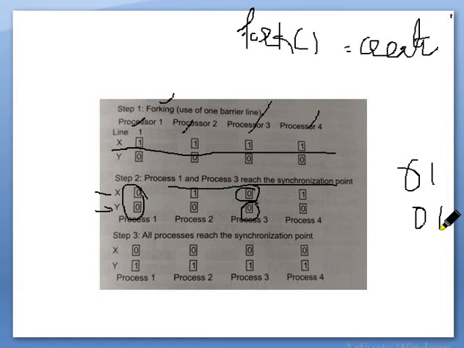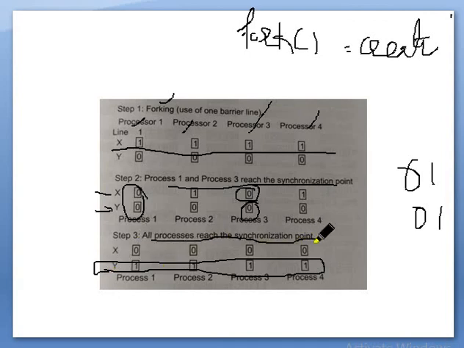So at the end, if the y vector of all processors matches, it is called synchronization done successfully. See, at some other instance they all reached a synchronization point, hence we got a y vector of 1 1 1 1. So that finishes hardware synchronization. Okay, thank you.